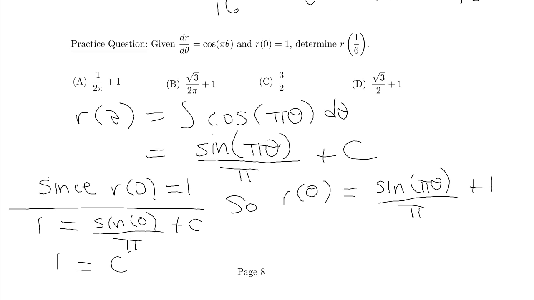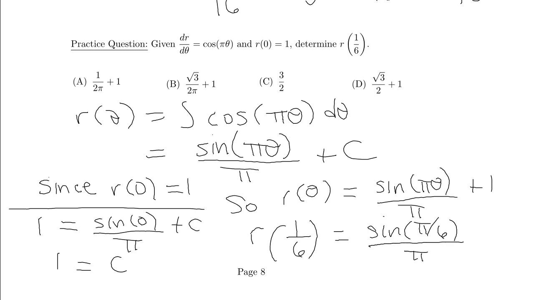So the last thing I need to do is to determine r of 1 over 6. So I'm plugging in theta equals 1 over 6. That's going to be sine of pi over 6 divided by pi plus 1. You can remember your special triangle for this. So it's the 1, root 3, 2 triangle. And this is not very clear, but this is angle pi over 6 here. And so if I do sine, that's going to be